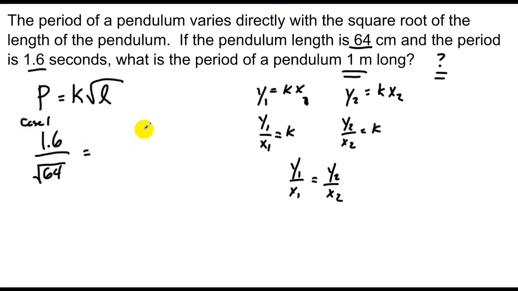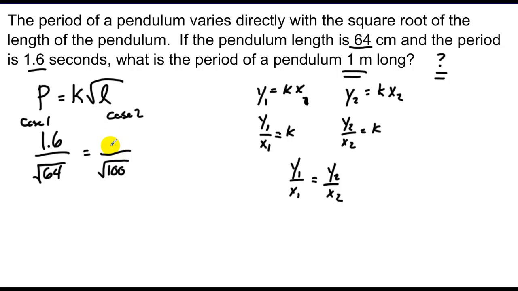Then I have case 2, where I have a length of 1 meter. Now here's the problem. This is in centimeters, this is in meters. I'm going to need to use either centimeters or meters, and since I've already written my centimeters down, I know 1 meter is 100 centimeters, so I'll put that in the denominator,